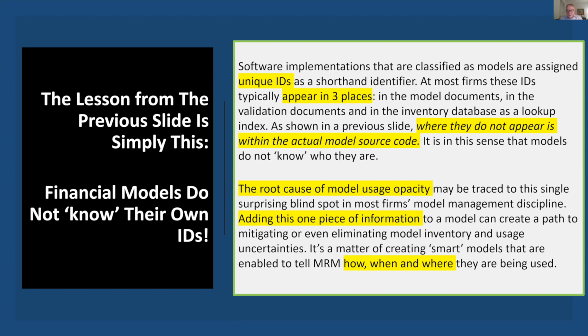That occurred mainly when firms recognized the need to store all this model information, the documentation, the validation information, in online databases like a SQL database. And at that point, unique IDs became mandatory to serve as an index into the database. It's that period, which probably occurred in the first decade of this century, that firms started comprehensively assigning model IDs and using those as an index into their inventory. But apparently it wasn't obvious, and it wasn't a practice, to actually put that model ID inside the source code of the model.